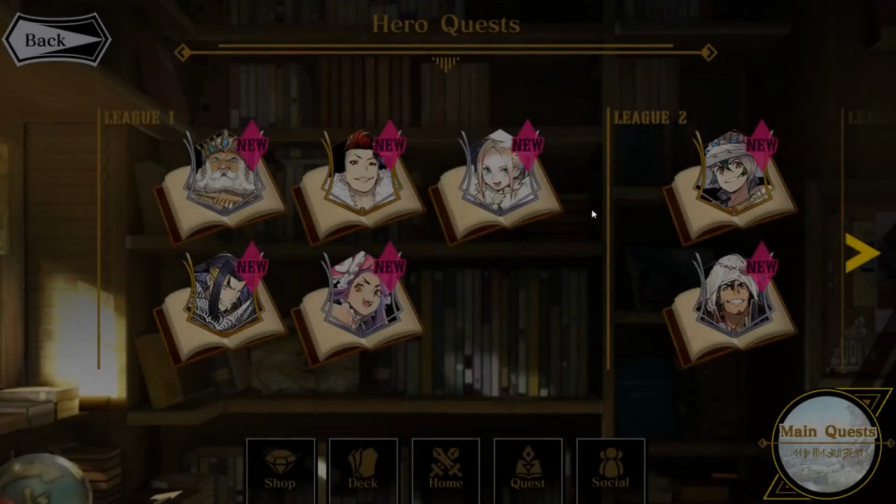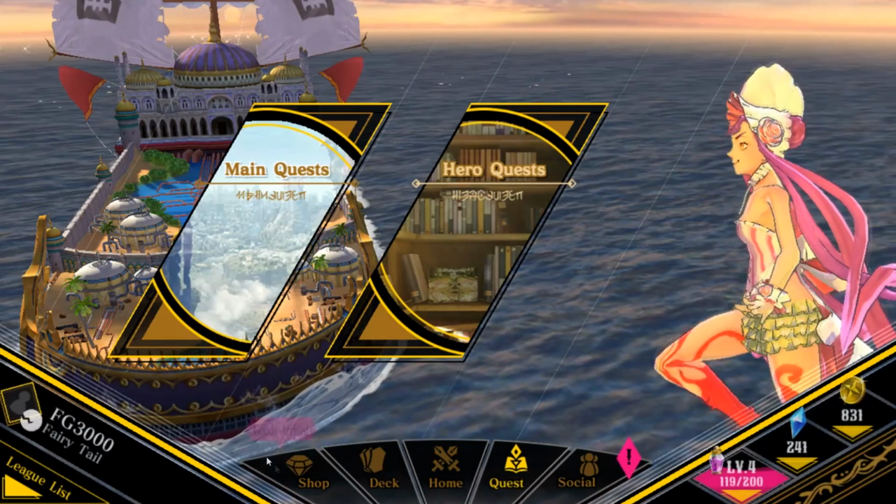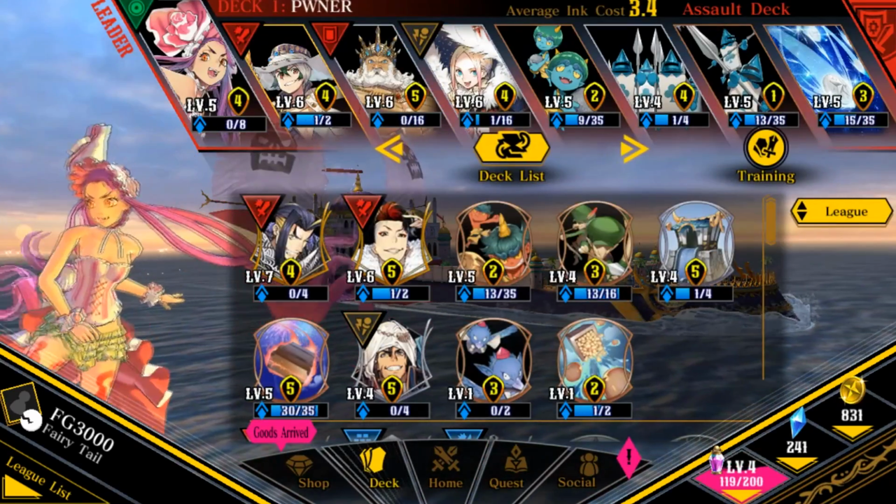The same exact thing applies to hero quests. All of the heroes in the game, of course, have quests as well. Go through them, learn about the characters, get goodies, rinse and repeat. So that is that. Here's your deck, and like I said before, you can have up to 4 heroes in your deck